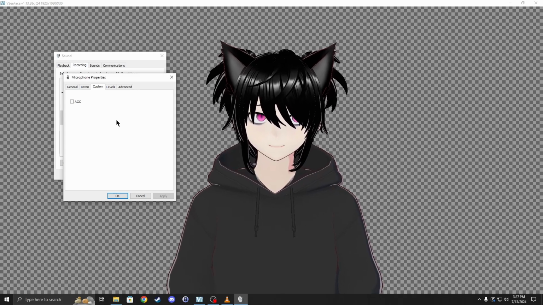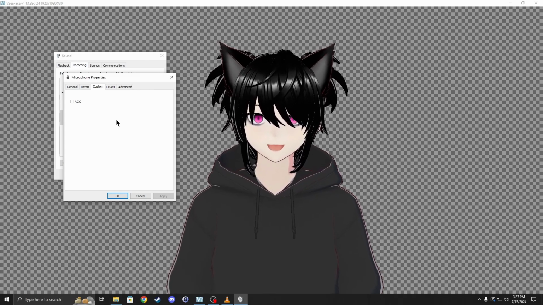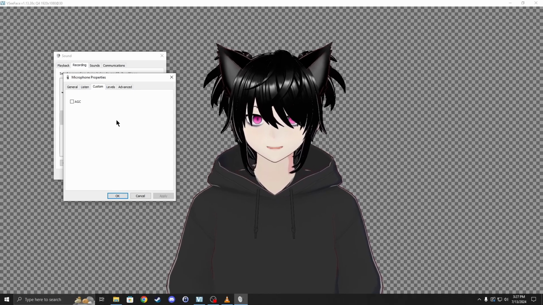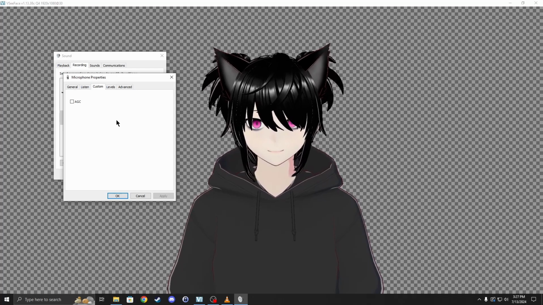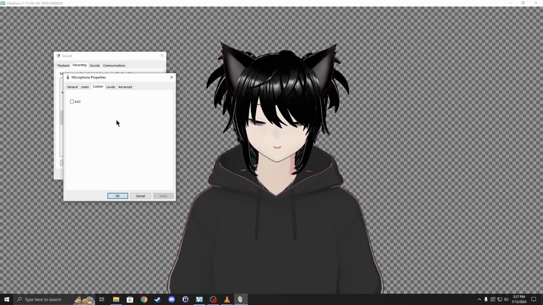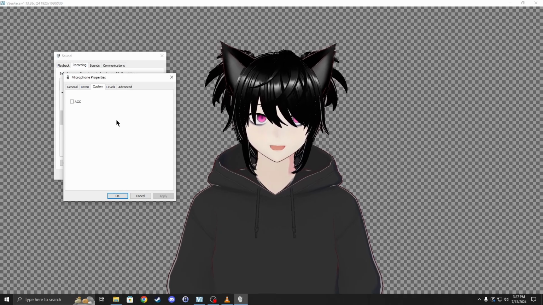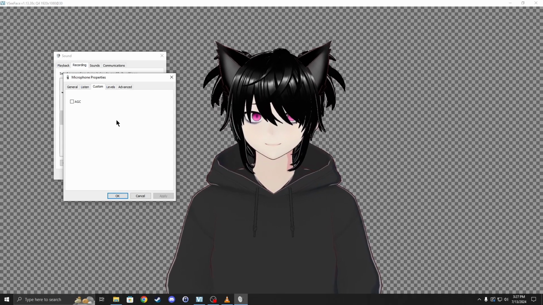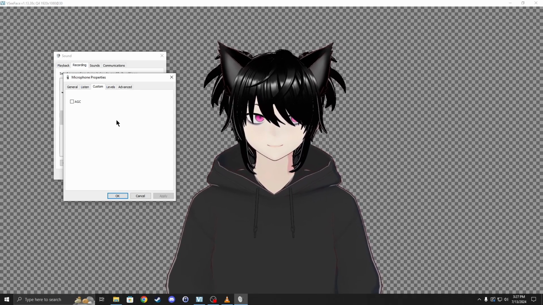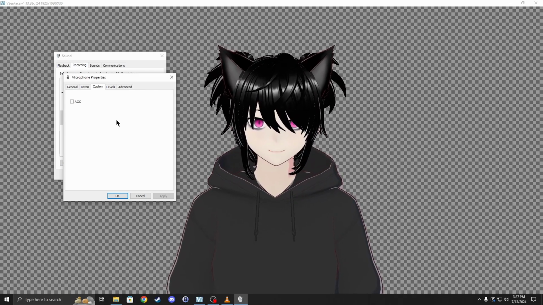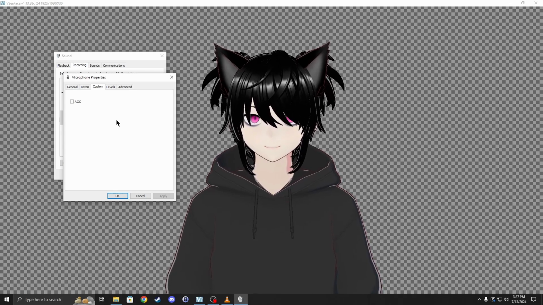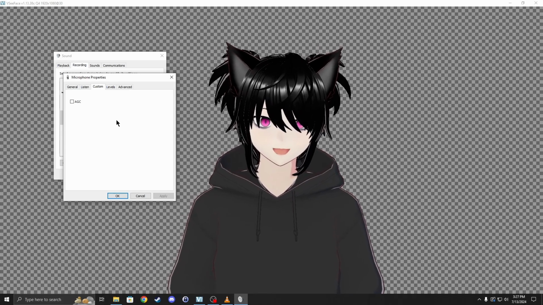will be trying to use some pre-programmed artificial intelligence garbage, basically, to try and normalize the volume output of the microphone. And it's really bad at it. Which is why